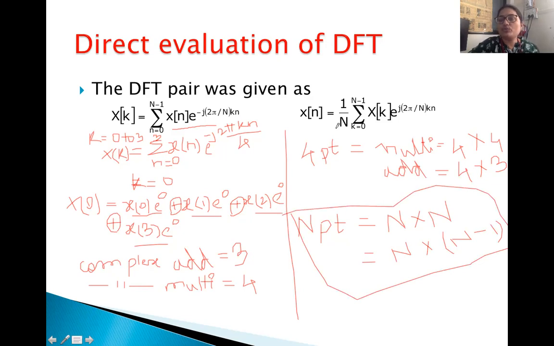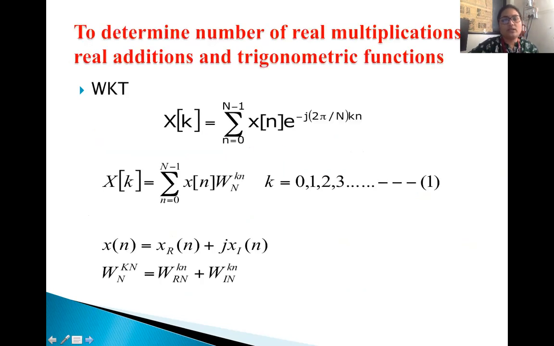As you are now looking into a 4-point DFT, you find it is simple and fewer computations are required. But when we go for 64-point DFT, then 128-point DFT, the computations are going to increase. So for doing these many computations, it will take more time. So in order to reduce these computations and the time for doing these complex computations, the algorithm developed is called a radix 2 algorithm. So we will look into that in the next slide.